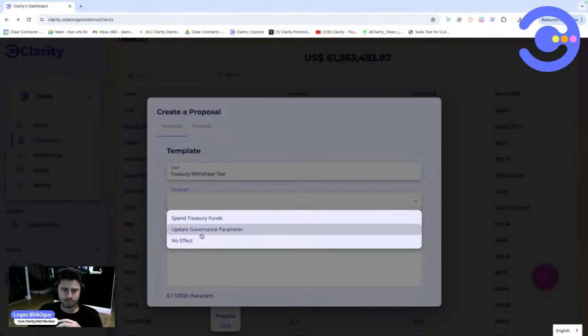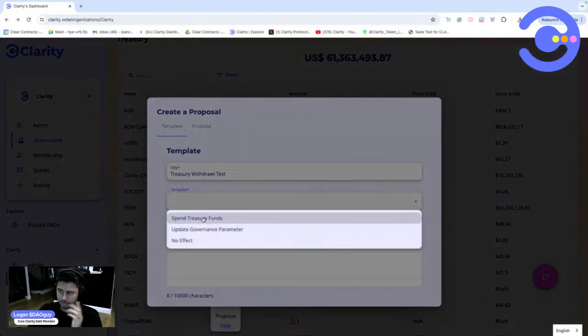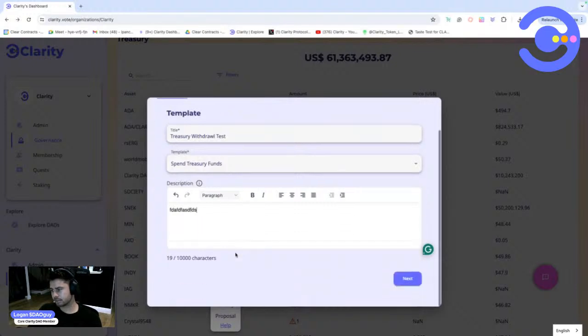Staking treasury assets is in the pipeline too. These are all going to be open sourced. They're actually getting audited right now by our friends at Anastasia Labs, which is really exciting. So yeah, once you do that, in order to create an automatically executing proposal effect, you can put in the